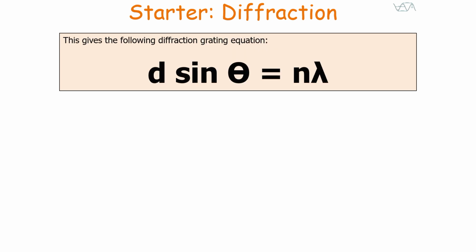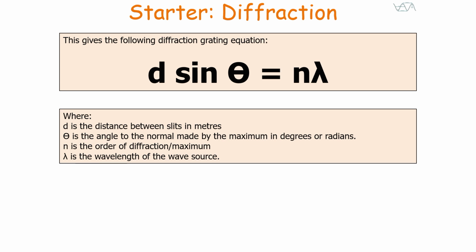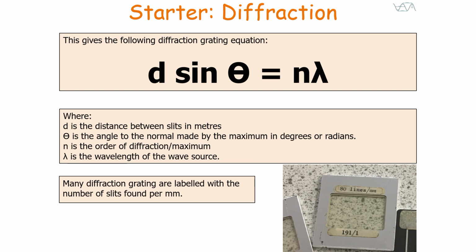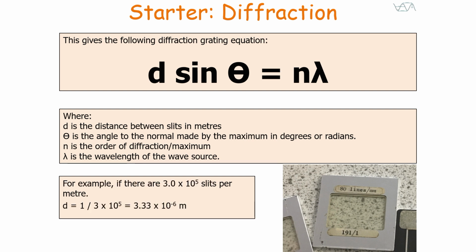d sine theta is equal to n lambda, where d is the distance between the slits in meters, theta is the angle to the normal made by the maximum in degrees or radians, n is the order of diffraction or order of maximum, and lambda is the wavelength of the wave source. Many diffraction gratings are not labelled with d, but are labelled with the number of slits per millimeter. To work out d in meters, d is equal to 1 over the number of lines in 1 meter for your diffraction grating. For example, if there are 3 times 10 to the 5 slits for every meter, d is equal to 1 over 3 times 10 to the 5, which is 3.33 times 10 to the minus